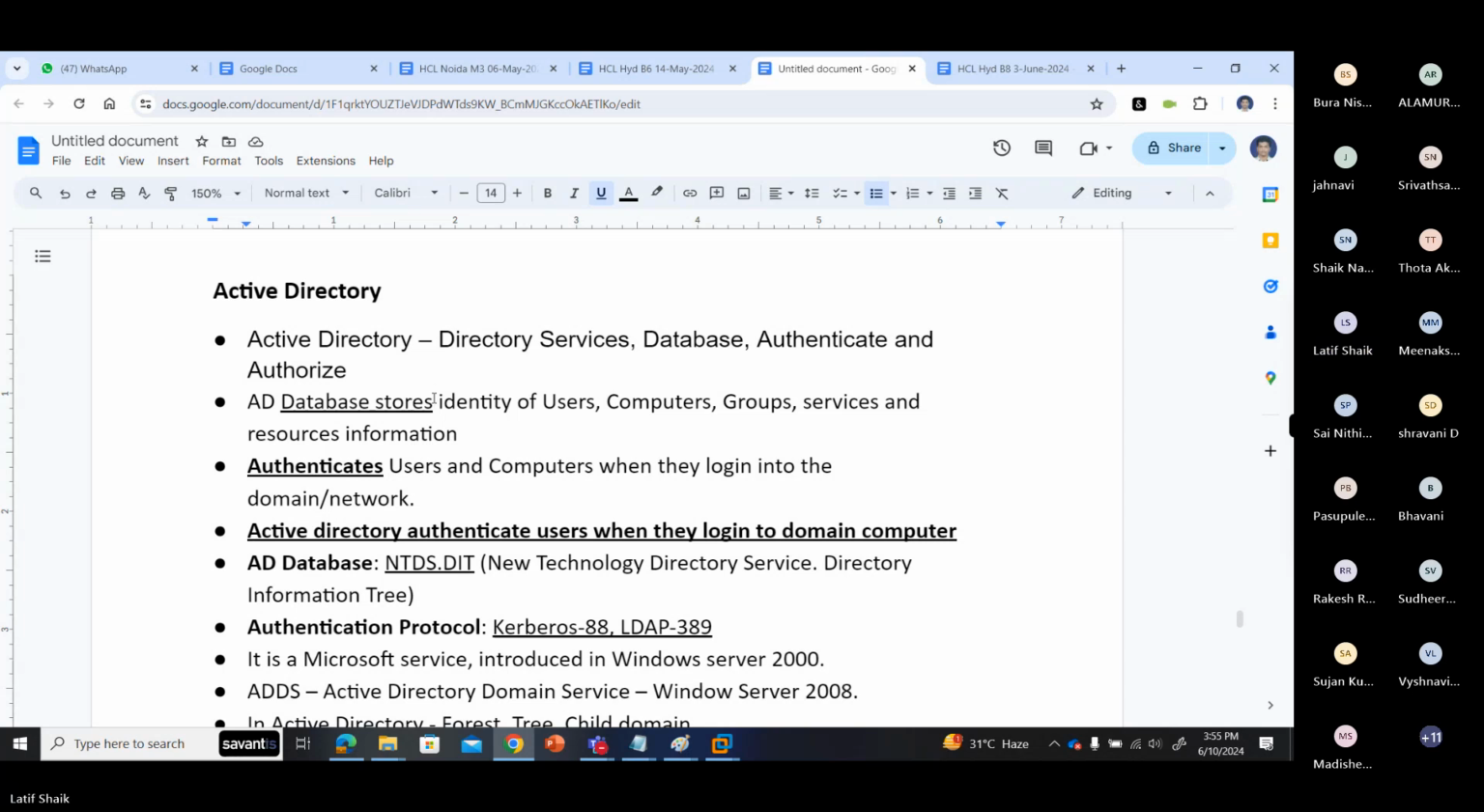Okay. And it authenticates users and computers when they log into the domain. You can say Active Directory authenticates users when they log into a domain computer. The ADDS database means the Active Directory database. I said database means it's having some name, right? The database having a name. The name of the database is